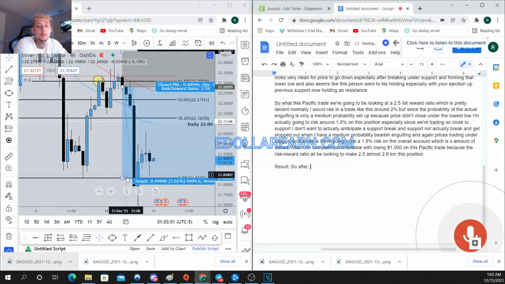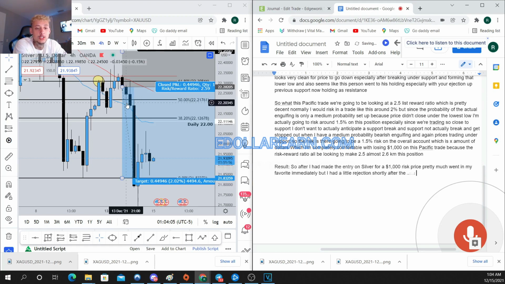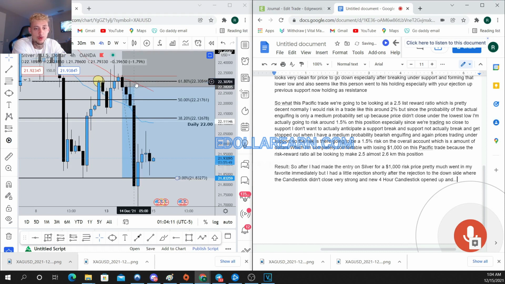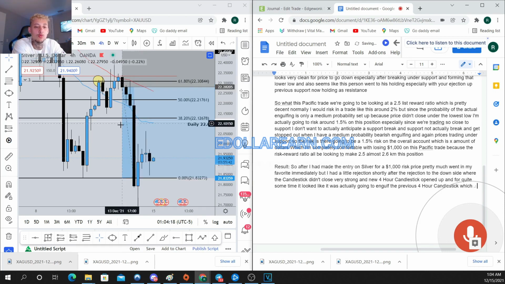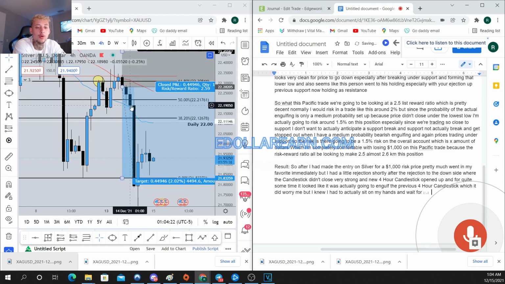So after I had made the entry on silver for a $1,000 risk, price pretty much went in my favor immediately, but it had a little rejection. Shortly after the rejection to the downside, where the candlestick didn't close very strong, a new 4-hour candlestick opened up, and for quite some time it looked like it was actually going to engulf the previous 4-hour candlestick, which did worry me,